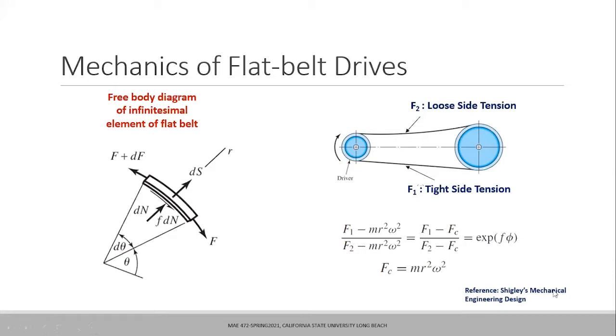And this is the belting equation we focused on: how can we relate the forces on the belts with the coefficient of friction, which is small f here, and the angle of contact, which is the angle of wrap of the belt around the pulley. And we know how to obtain that using geometrical relationships.